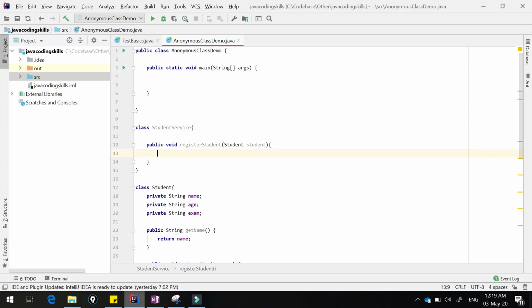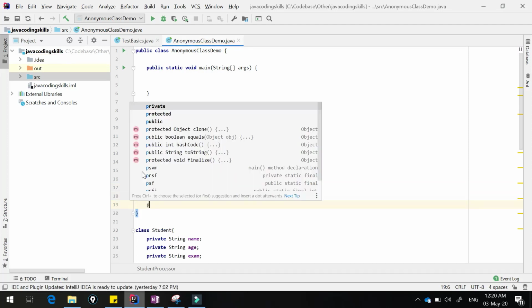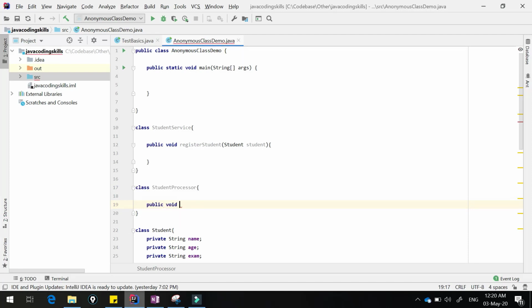Here we have to call studentProcessor dot validate and register and process, something like that. Let us write that class name as well. So class StudentProcessor, validateAndProcess.